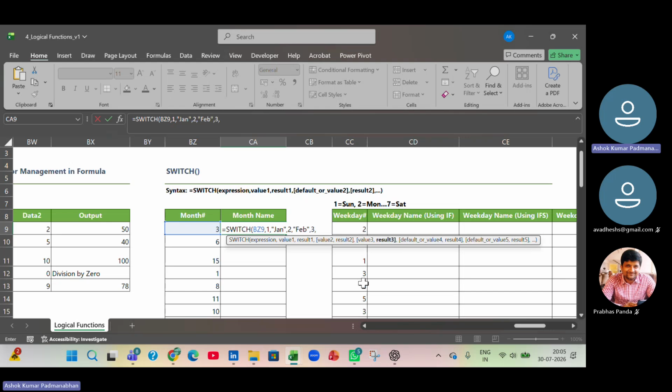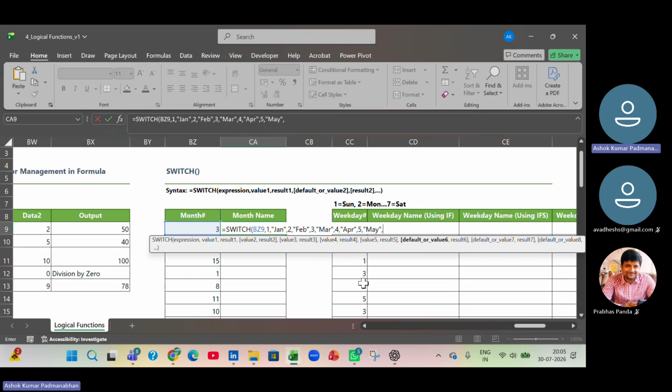If it is 3, then we'll say March. If it is 4, comma, April. Comma 5, comma, May. So it is a string, so I'm putting it in double quotes. So value, positive result. 6,